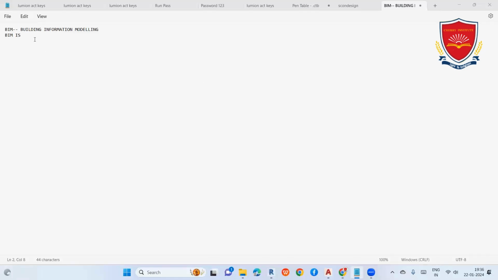So basically, BIM is a workflow process. So what is a workflow process? What is meant by workflow process? See, for example, we have created one new project, as in one building,